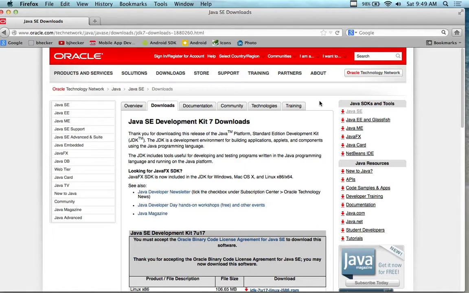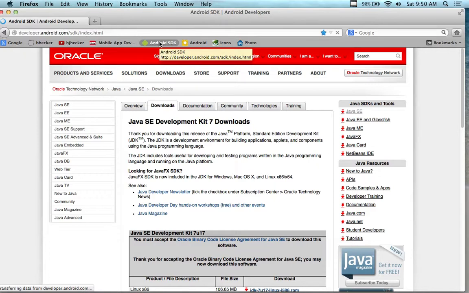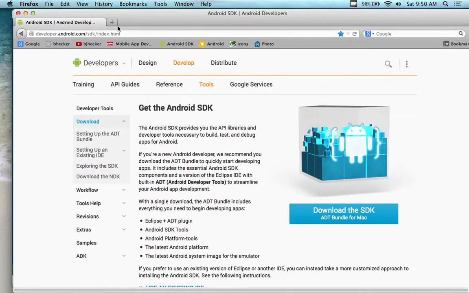The long way is to go out to the Eclipse website, download Eclipse, go out to the Android website, download the Android SDK, install the SDK inside of Eclipse, go into Eclipse, and then update it. If you already have Eclipse installed on your computer, it makes sense to do that. At this point, however, you can install a different version of Eclipse that has the SDK already in it. So in order to do that, we're going to go to the Android SDK website, which is